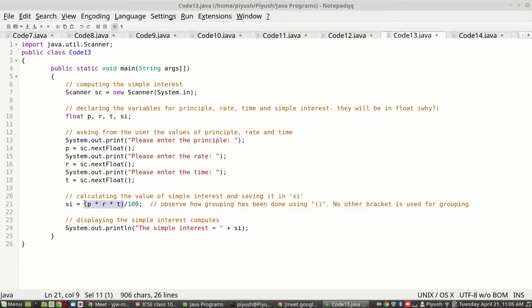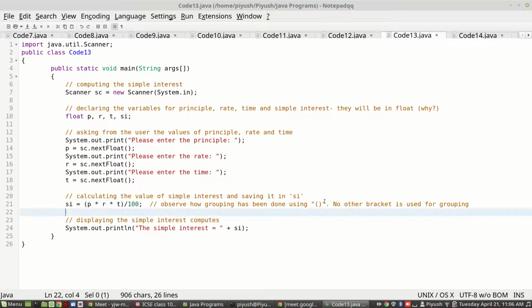You know BODMAS, when you put brackets, the result of that is calculated first. So I will calculate PRT, grouped so that the result of PRT is obtained first, and then that result is divided by 100 to obtain the final result, and then that final result is saved in SI. So observe how grouping has been done.